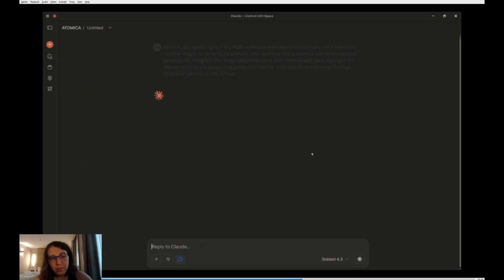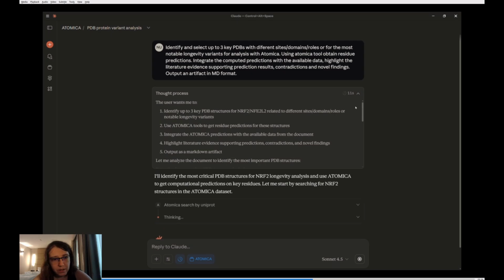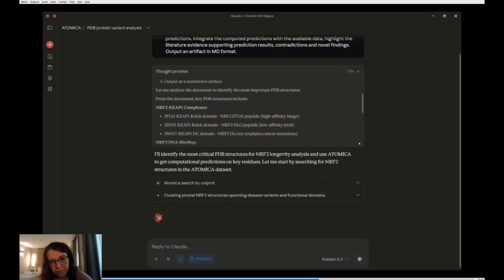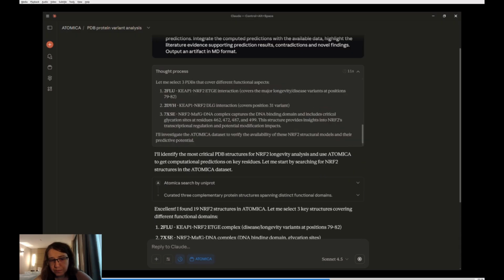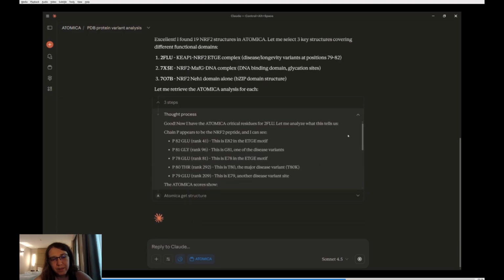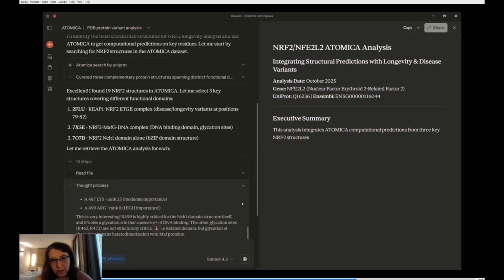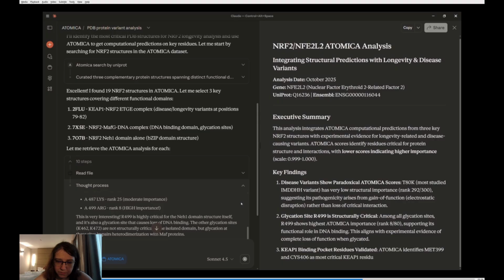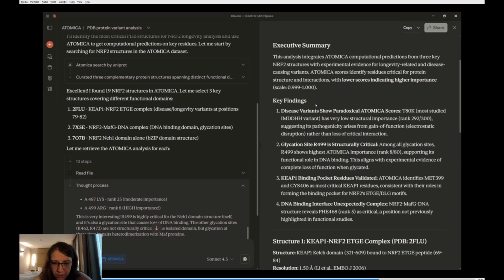Here is the demonstration about the atomica-mcp. In this case, it searches for structures and computes the scoring basically. So it searches the UniProt database, then computes the values of scoring, and you have the output of the results here